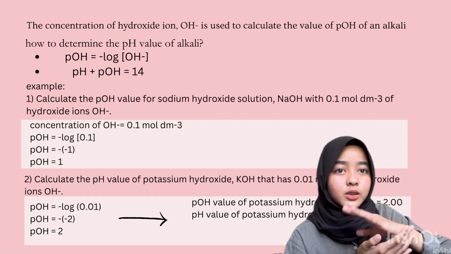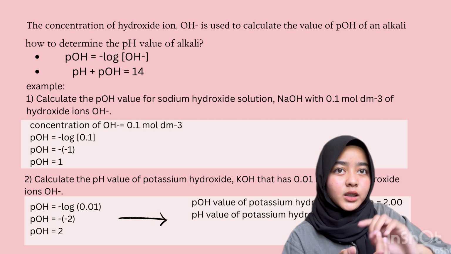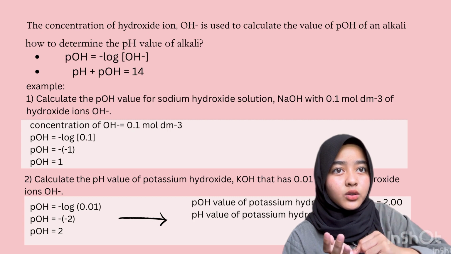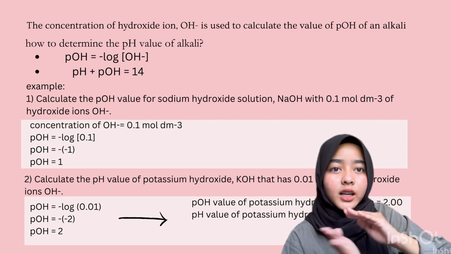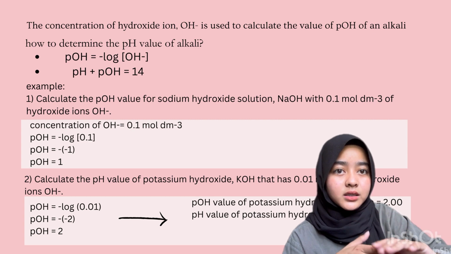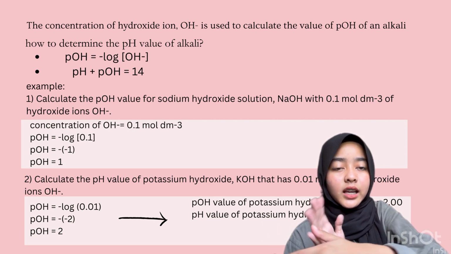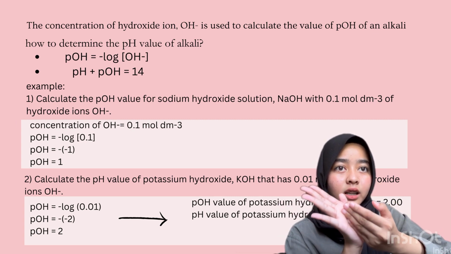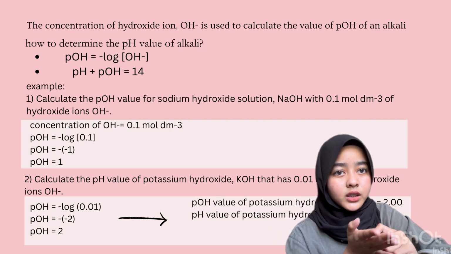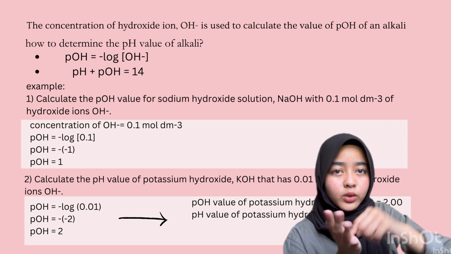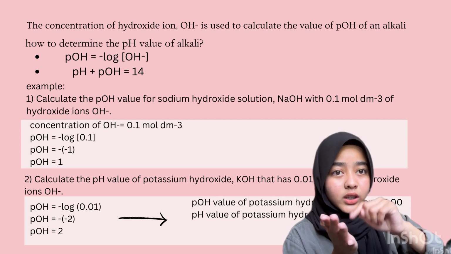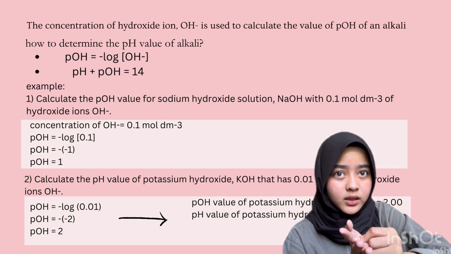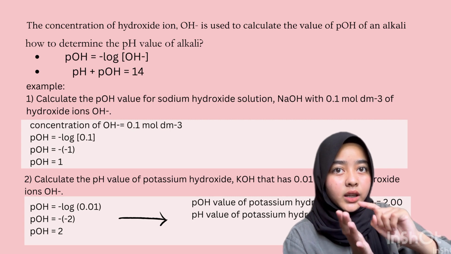Okay, let's look at the question. The first question is calculate the pOH value for sodium hydroxide solution NaOH with 0.1 mol dm-3 of hydroxide ion. It is the same as the example of acid, which is they gave us the concentration for alkali, 0.1 mol dm-3. So we substitute the 0.1 into the bracket of the [OH-]. So press the log and 0.1, we will get negative 1, and then multiply it by negative, we will get